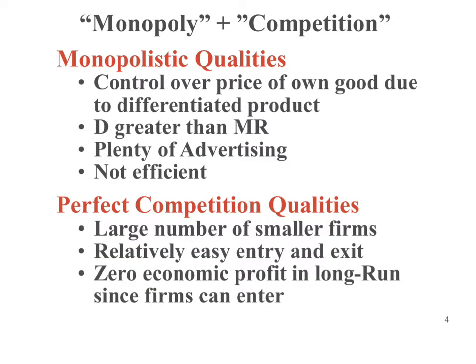You can kind of see that we have a lot of things that are very similar to monopolistic behaviors. We have a look that's going to be very similar to monopoly. When we graph monopolistic competition, demand will be greater than marginal revenue. We're also going to see some problems with efficiency, allocative and productive efficiency not happening, and the idea of a price maker.